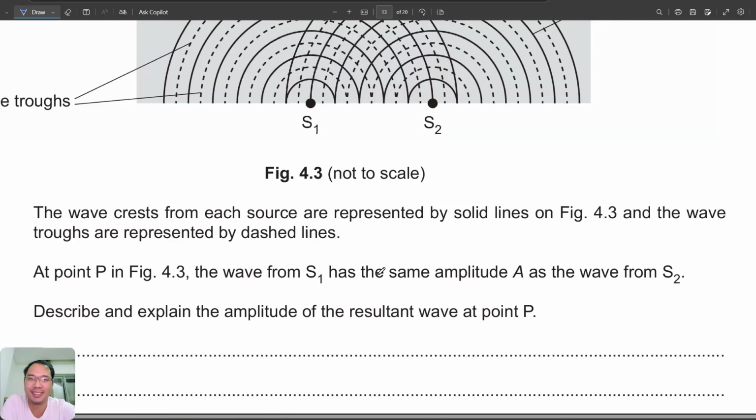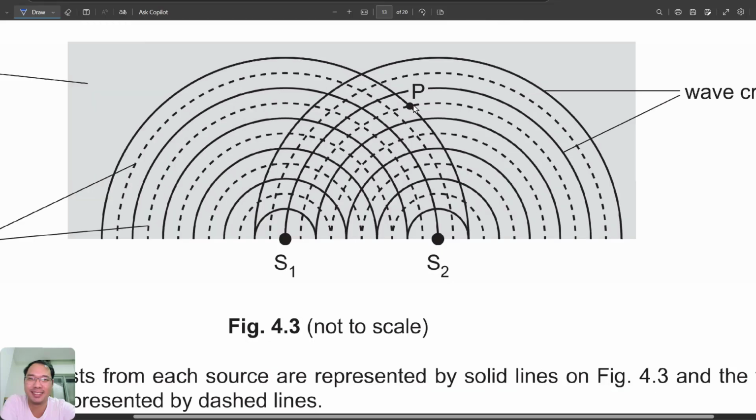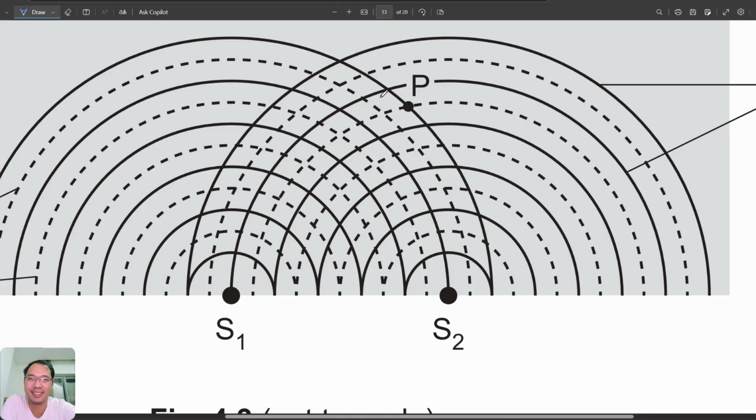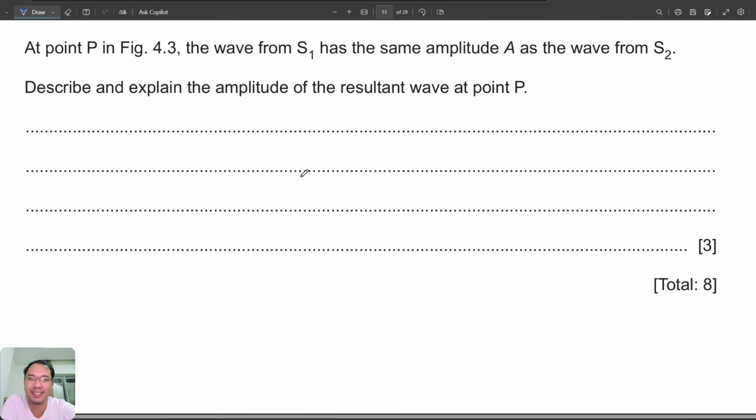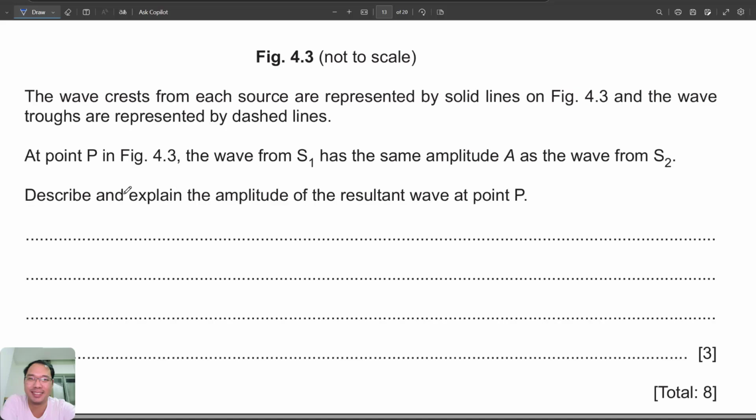The question at the point P here, which is the intersection point of one crest and one trough, it is a minimum. One crest and one trough is a minimum, destructive interference. Describe and explain the amplitude of the resultant wave at point P. Okay, three main ideas. The resultant wave at P has zero amplitude. One idea, zero amplitude,